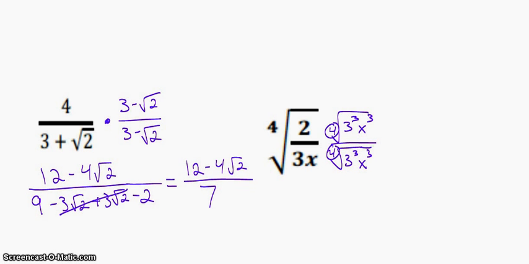So, I'm going to multiply across. I have 2 times 3 to the third, which is 27. 2 times 27 is 54. So I have my 4th root of 54. X to the third stays. This will finally simplify for me. So I have